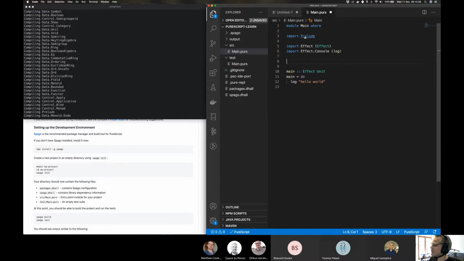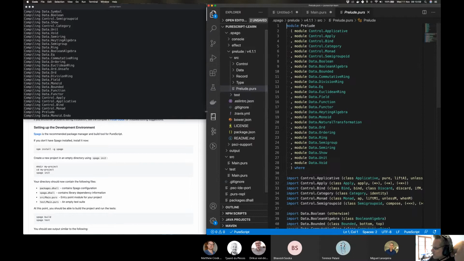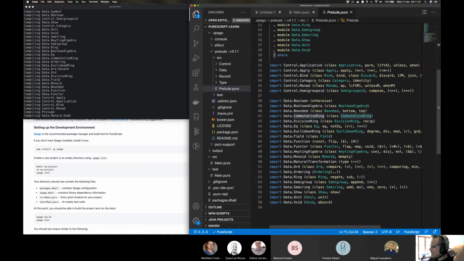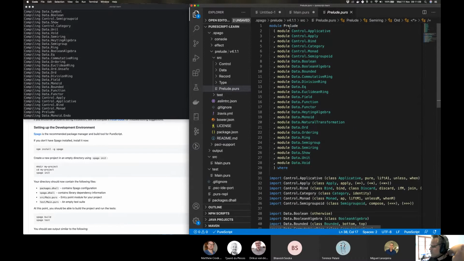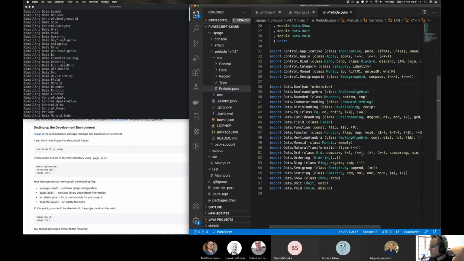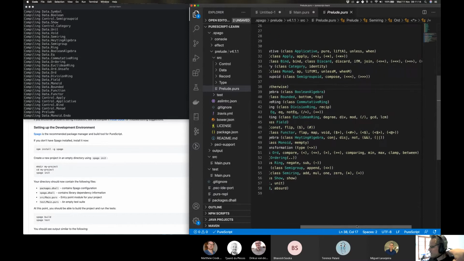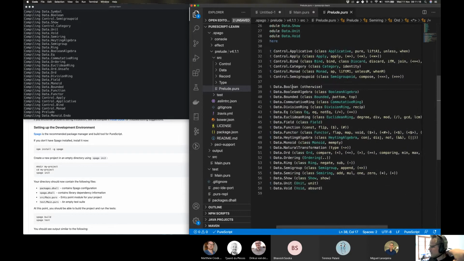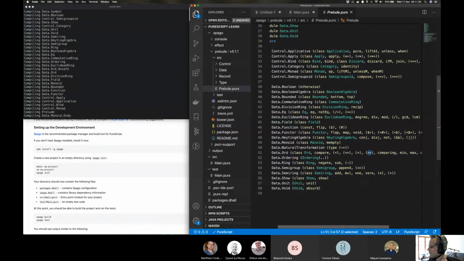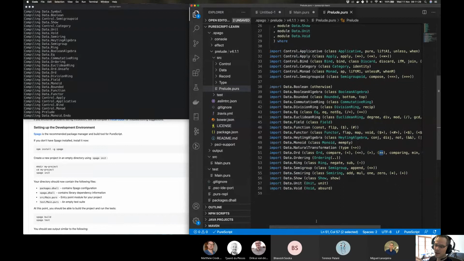I don't know. Maybe I can control click it. Yeah, cool. So we can dig into it and we can see that it seems to import. So with the module prelude, we get a whole bunch of standard functions and operators that you might expect, like there's plus, right? And multiply and comparison stuff. And this is quite common. Certainly in Haskell, this is how everything happens.